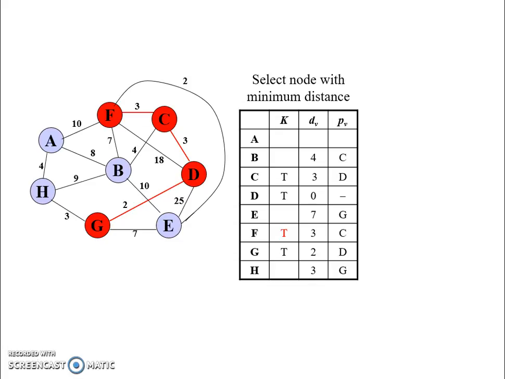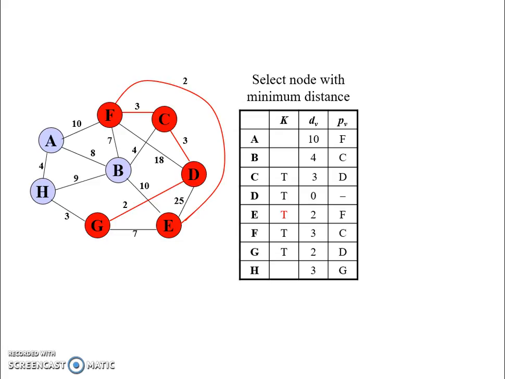And E, previously it has the value 7, now we have 2, so we can change that to 2. So we can include F into a spanning tree. Next we have to select the next node having the lowest cost,